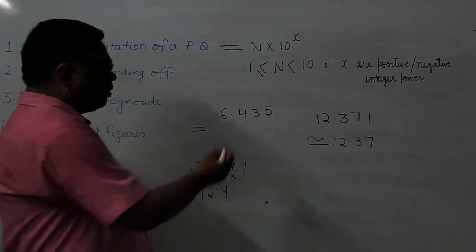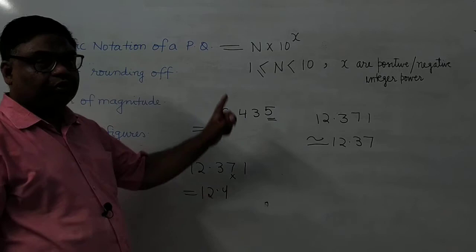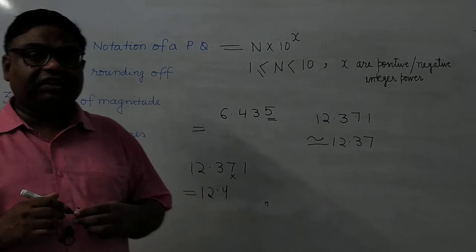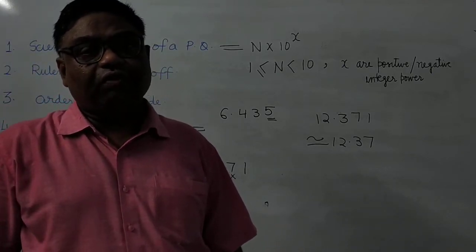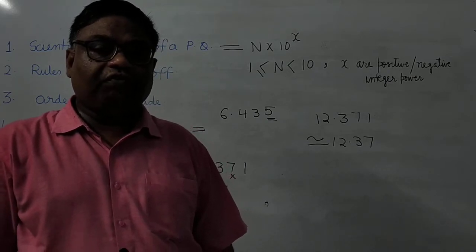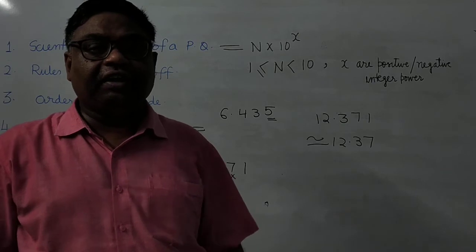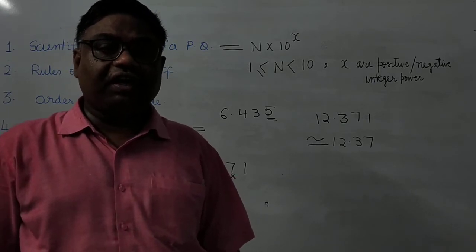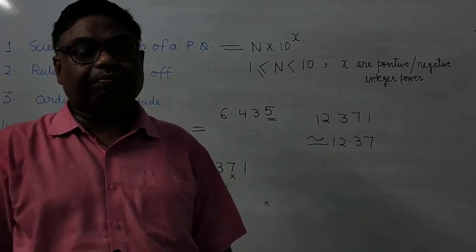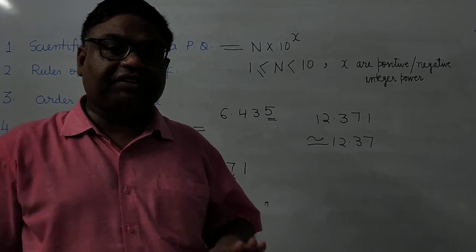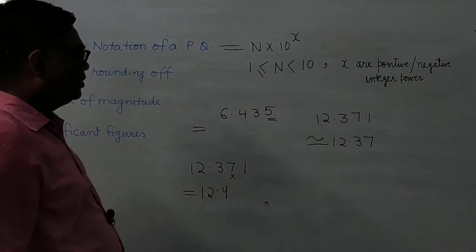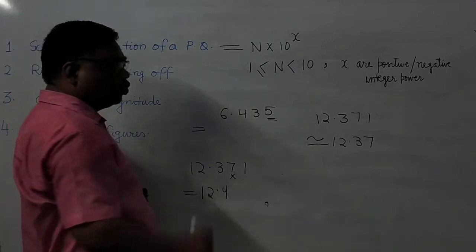So you see the third place is 5, the digit to be dropped is 5, then what is the rule? If the digit to be dropped is 5, then 1 will be added in the preceding digit if it is odd. It will be dropped as it is if it is even. मतलब अगर preceding place odd है तो 5 को जब ड्रॉप करेंगे तो 1 ऐड करेंगे preceding place में, मतलब पहले वाले place में. If the preceding place is even, then 5 will be dropped as it is without making any change. So here you have to round off up to 2 decimal places.